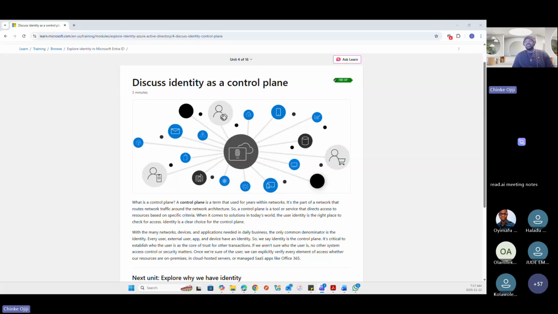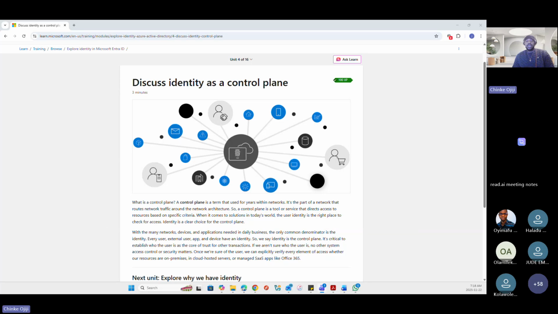Any questions so far on identity as a control plane, our explanation of identity itself, and the resources and apps being managed within Entra? Does anyone have any questions so far?